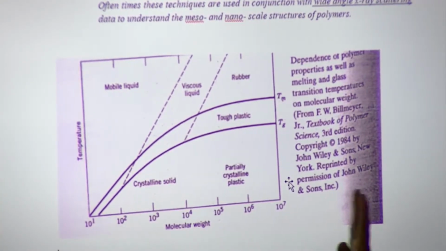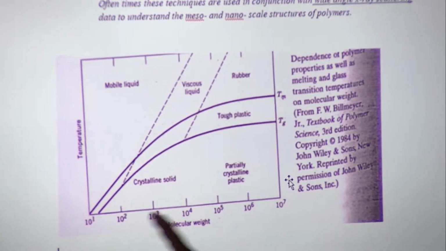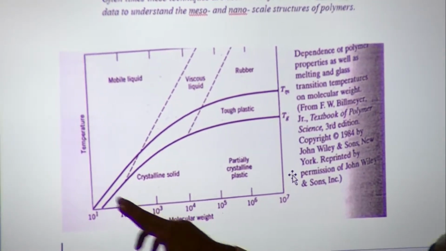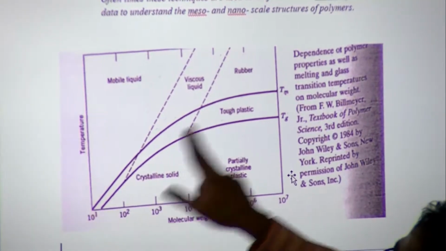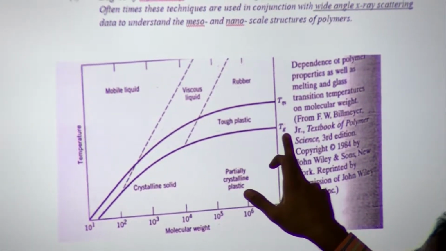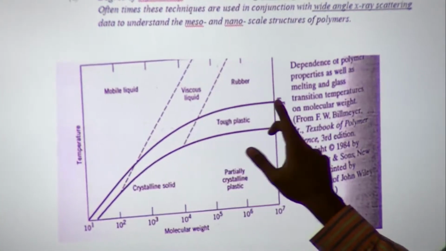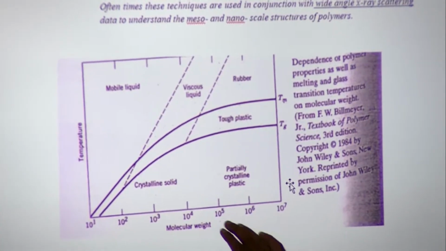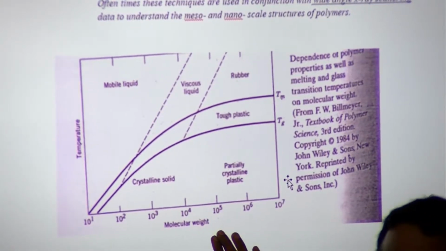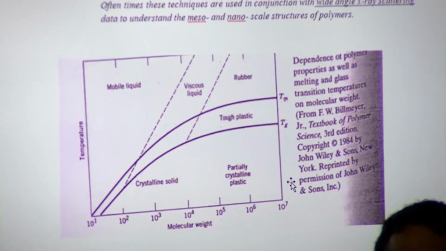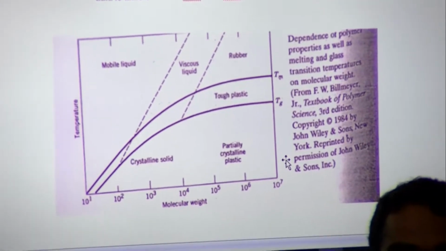So it's molecular weight increasing on the logarithmic scale, and that means the degree of polymerization is increasing on the logarithmic scale here, as a function of temperature. And this one is Tm, the melting point, and Tg, the glass transition temperature, increases, saturates. And remember, this is a logarithmic scale. So can you come up with a functional fit for this? If you had to come up with a functional fit for this, what would that be?